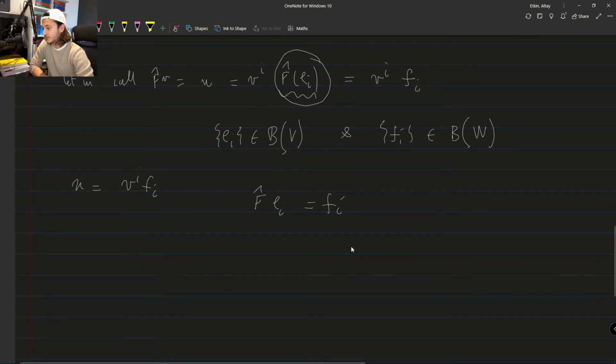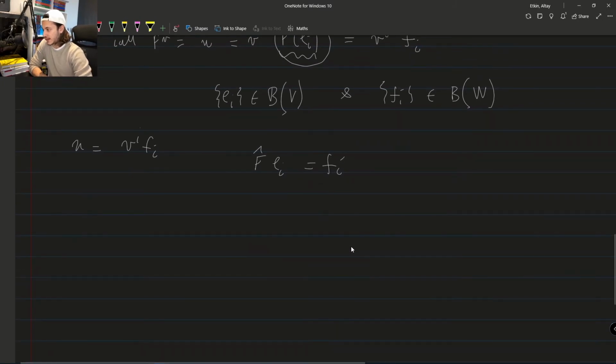And how does it do it? Well, it's as if we had something like this. You can think of this small f_i. This is where the representation of linear operators comes in. And it basically says that f_i is going to be